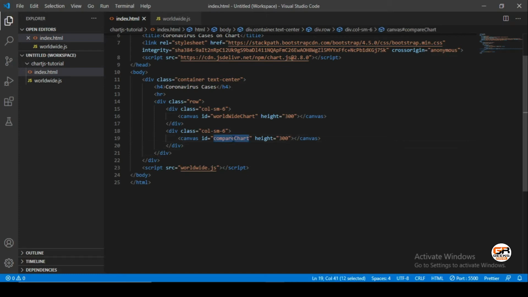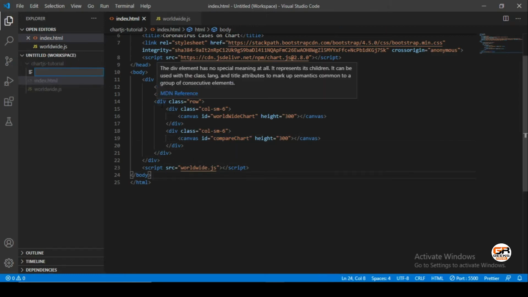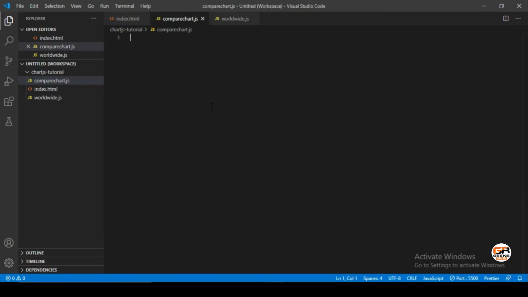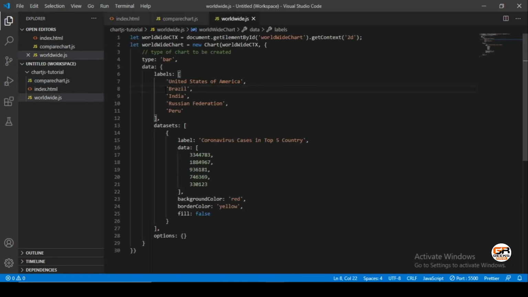And for that we will again create a separate script file, and let's name it comparechart.js. In this way we will create it for this element.